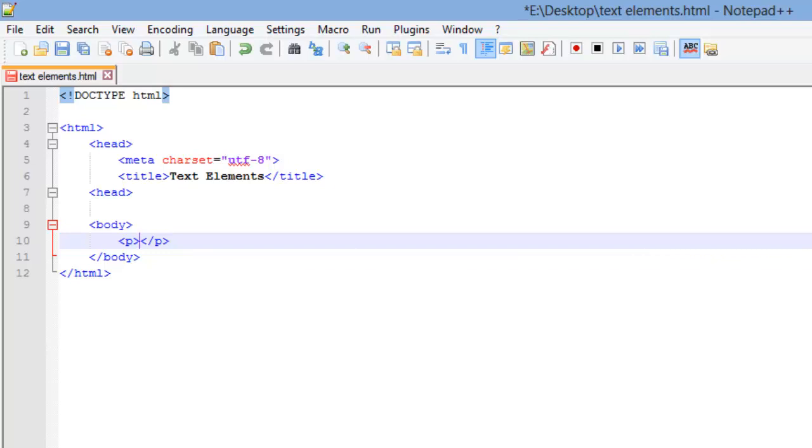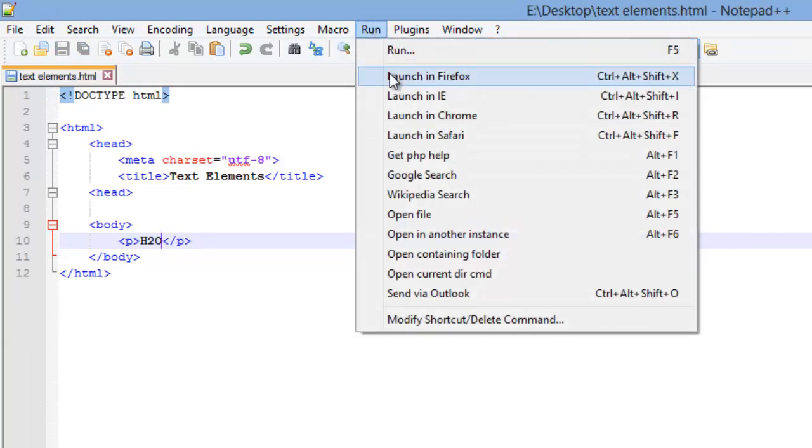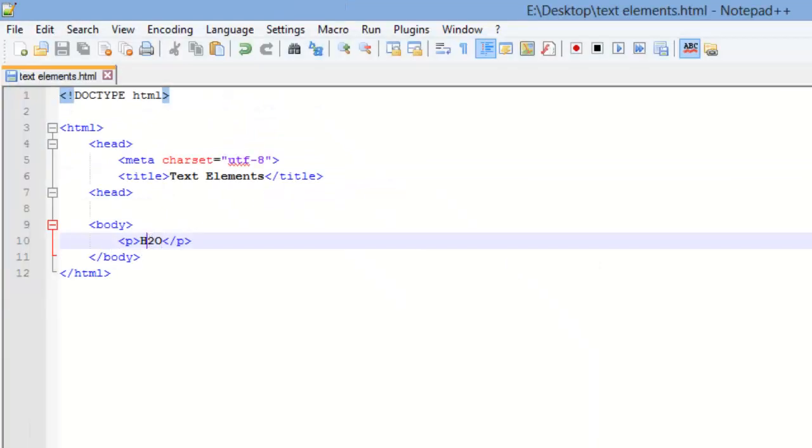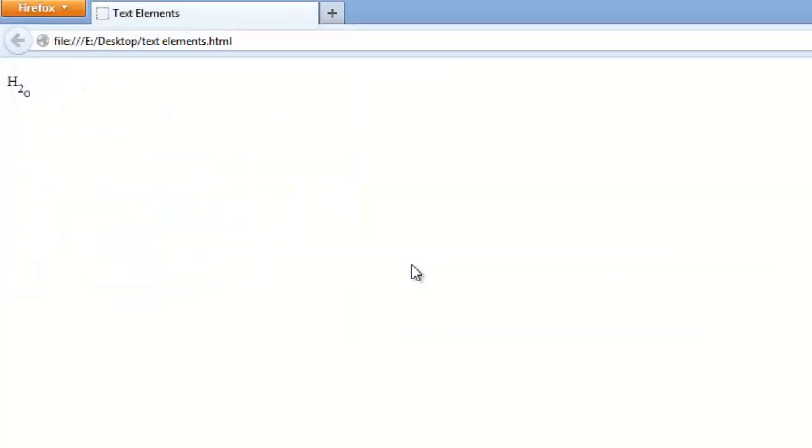So for right now, until they provide us a better option, the best way to do it most of the time is just do it with the HTML tags they provide us, which is the sub and the sup elements. And so if I put H2O and I save and I run this, you can see H2O, but that's not the way H2O is really displayed, is it? No, H2O is displayed with the two kind of lower and smaller than the other two. So if I put the 2 in the sub element and I save and I run this,